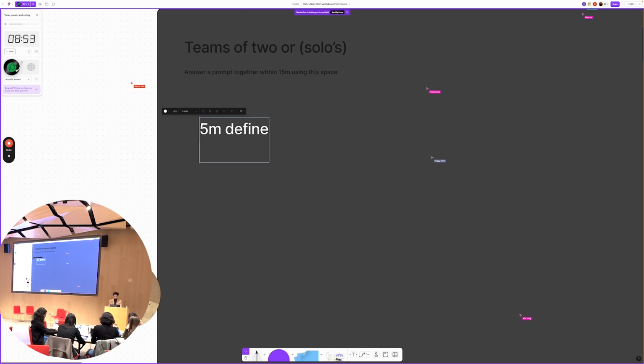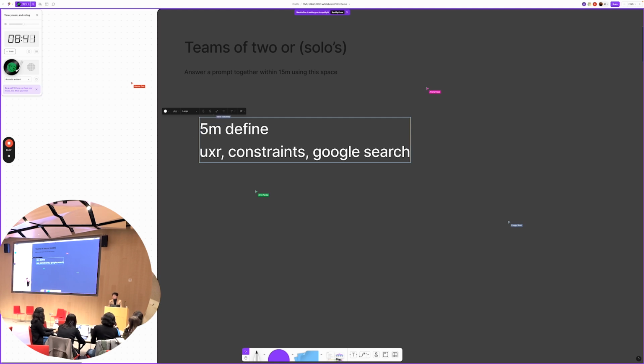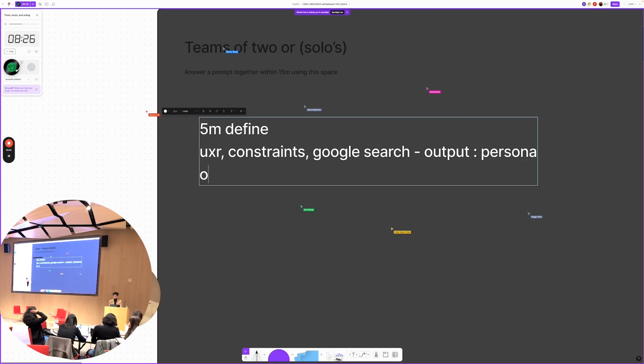After that, you want to go into something you can call UX research, or you can add some manual constraints, or you can do even a quick Google search if you have, for example, no idea what Pittsburgh is, right? So you want to just quickly Google it. Whatever you want to do in this next part, you could generally call it narrow down. Something that's really important for this part is that the output you want is something very similar to a persona or a journey map.